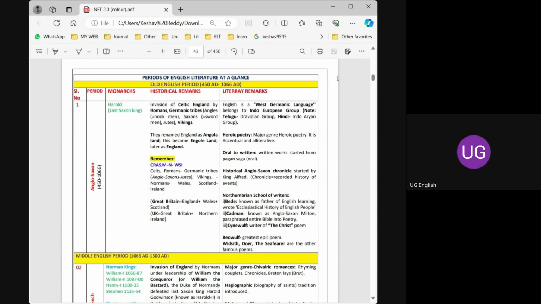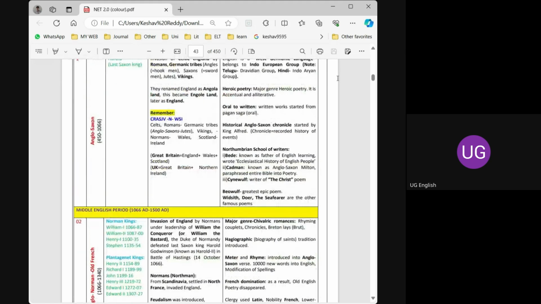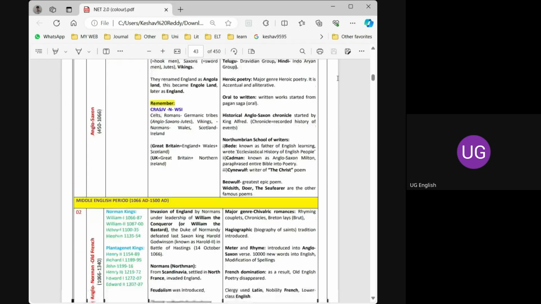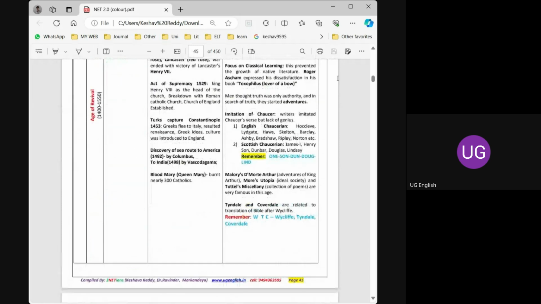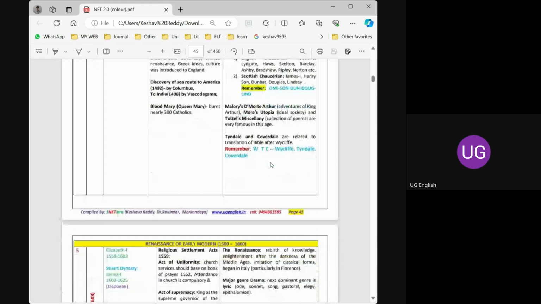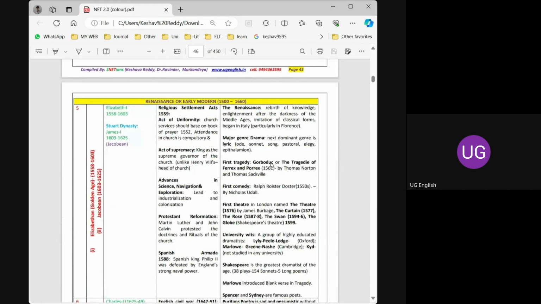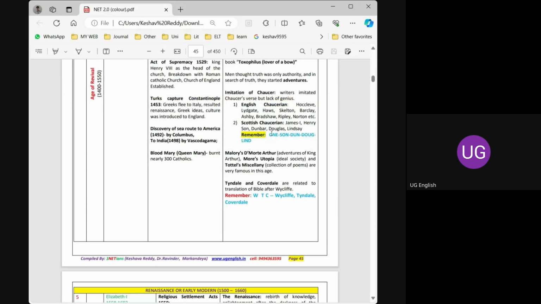If you study these 7 pages thoroughly, you will get at least 5 questions in the SET examination. Compulsory 5 questions. You can check the previous paper or any question paper. At least 5 questions from this table. And I can say you may even get 10 questions because it covers all the names of the authors, important quotes, and the chronological order for remembering the sequence.